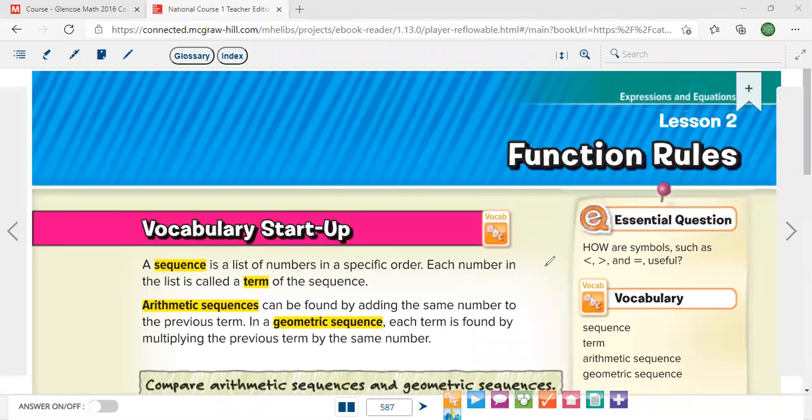This is chapter 7, lesson number 2, function rules. Let's start by